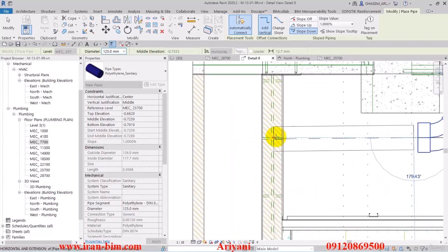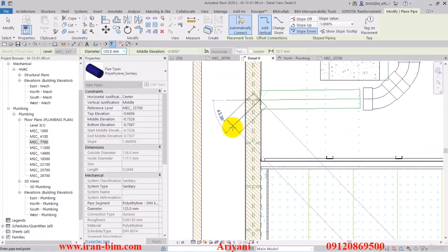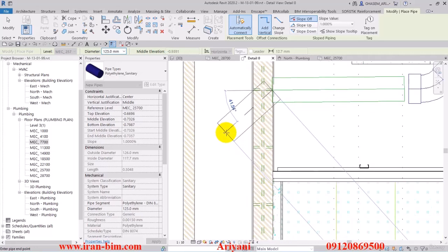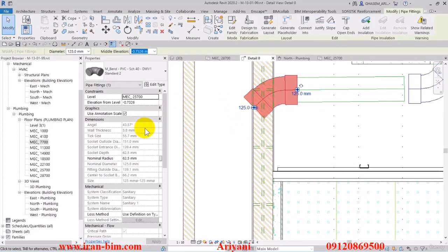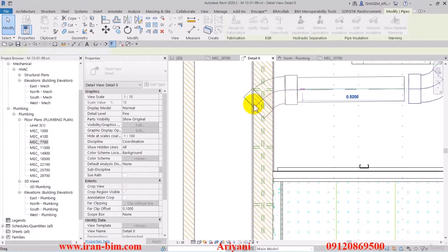Alright, then we stop it right here, and then using a 45-degree angle, we'll start drawing once again, put the slope off, and it doesn't actually seem to detect the angle correctly, so we have to do an angle that's about right but not exact. Alright, so we'll go with this, then delete the pipe and select the fitting and divide it from the pipe